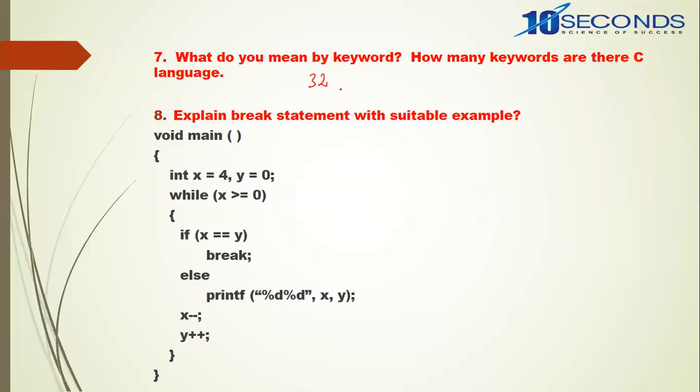You can give some examples like auto, int, register, float, enum, struct, union, and this much answer everybody will tell. You slightly add some more points to it. Apart from 32 keywords, there are some keywords specific to the compiler. These keywords are called extended keywords. The ANSI committee has made a rule that extended keywords should start with 2 underscores. But most of the compiler manufacturers are not following this particular rule.